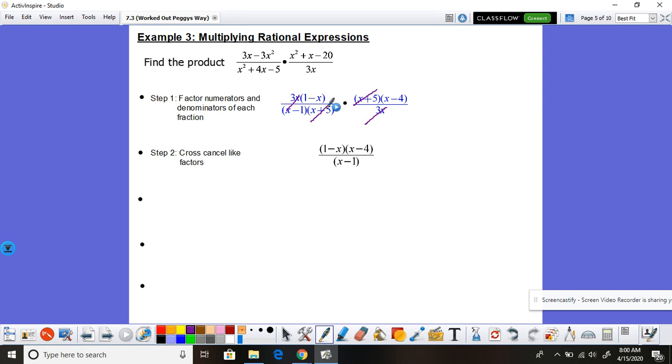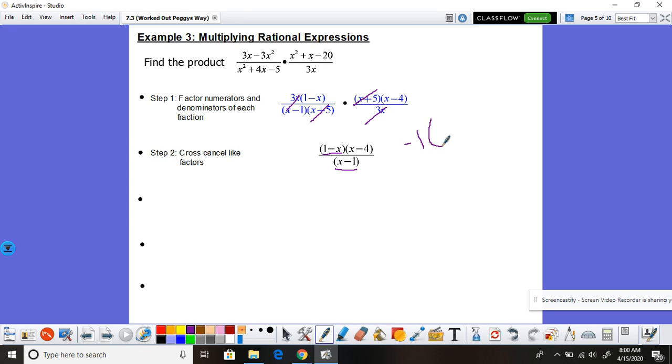I'm left with x minus 4 on top, a 1 minus x on top, and then I went a little far, an x minus 1 on top. All right, now I want you to notice that 1 minus x and x minus 1 look very, very similar. Okay, so we're going to use our critical thinking skills here. If I take this 1 minus x